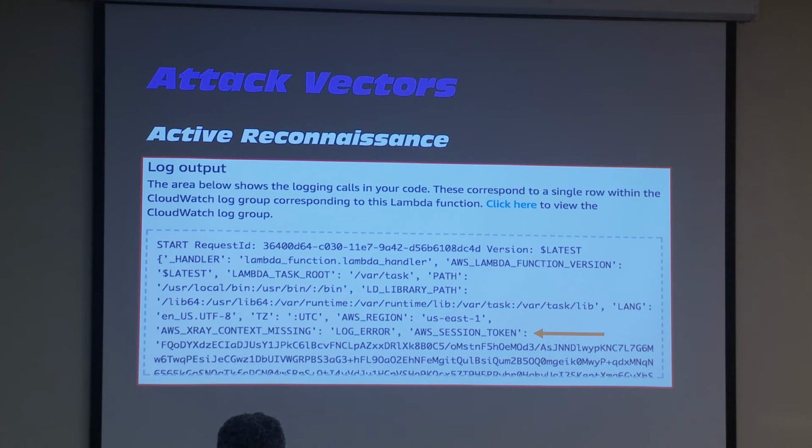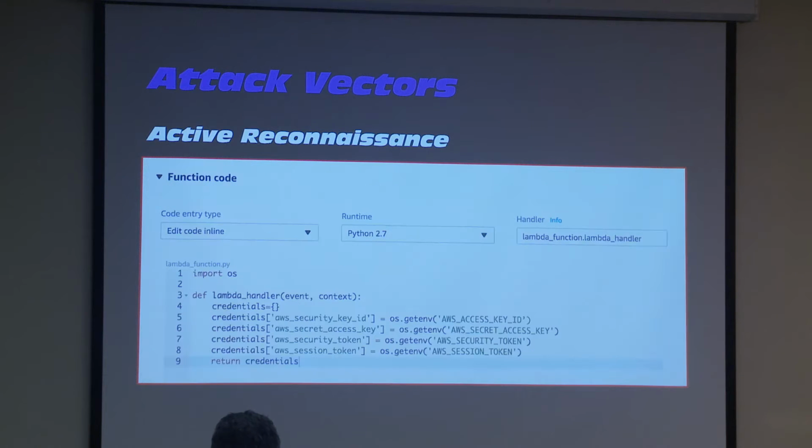What I found really interesting, though, is that it's storing the AWS session token in the environment variables. Those session tokens are part of the IAM infrastructure that AWS uses to authenticate users and resources. So they're storing it right there, in clear text, in environment variables. Initially it seems interesting, maybe innocuous, maybe not a big deal, but as we'll see momentarily, we can do some really interesting stuff with it.